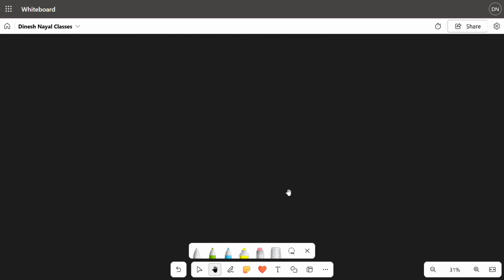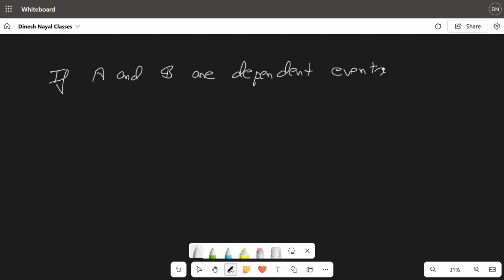Now if A and B are dependent events, the probability of A intersection B is given as probability of A times probability of B